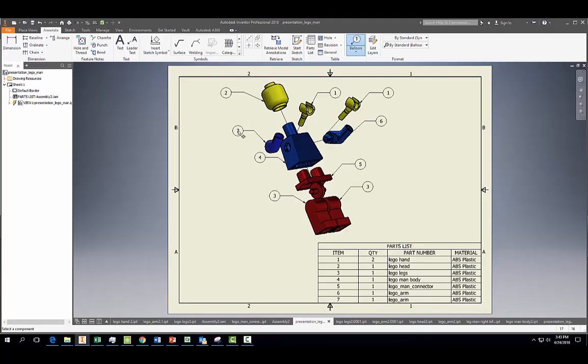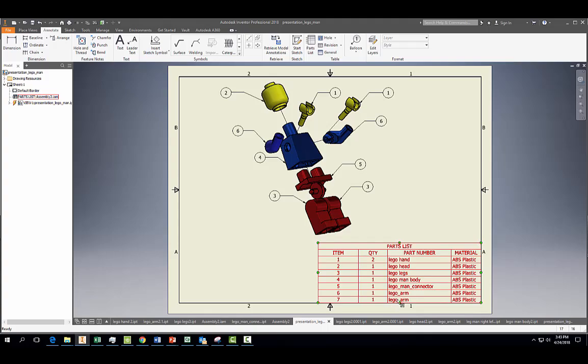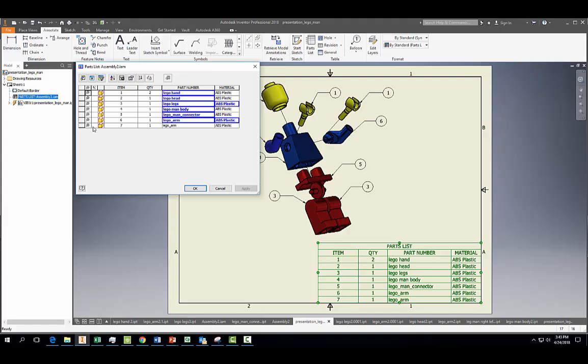Okay, now you notice our arms here. One says 7, one says 6, and that's not good. We want them to be basically the same part, so they say the Lego arm. So what we're going to do over here is just hit escape, double click on that guy and override it so that it says 6 and hit OK. All right, and now we need to also update our parts list so it reflects that. So go ahead and right click on it, edit parts list, and we're going to come on over here to 7 and uncheck visible and then just hit